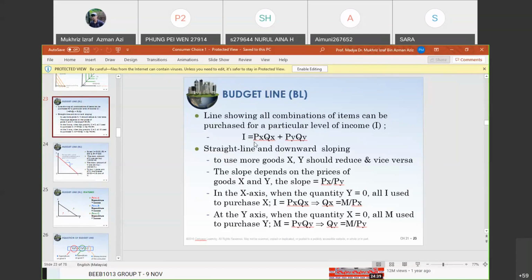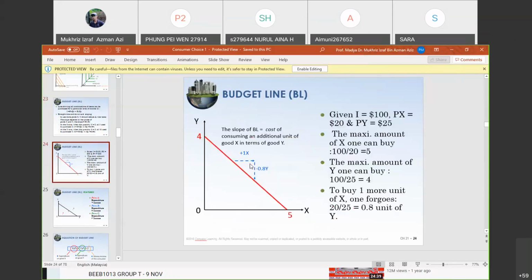Or all X and zero Y, or all Y and zero X. But it must always equal the income or money that you have in your bank or in your wallet. Okay, and because it is a straight line like this, okay, the slope of your budget line,